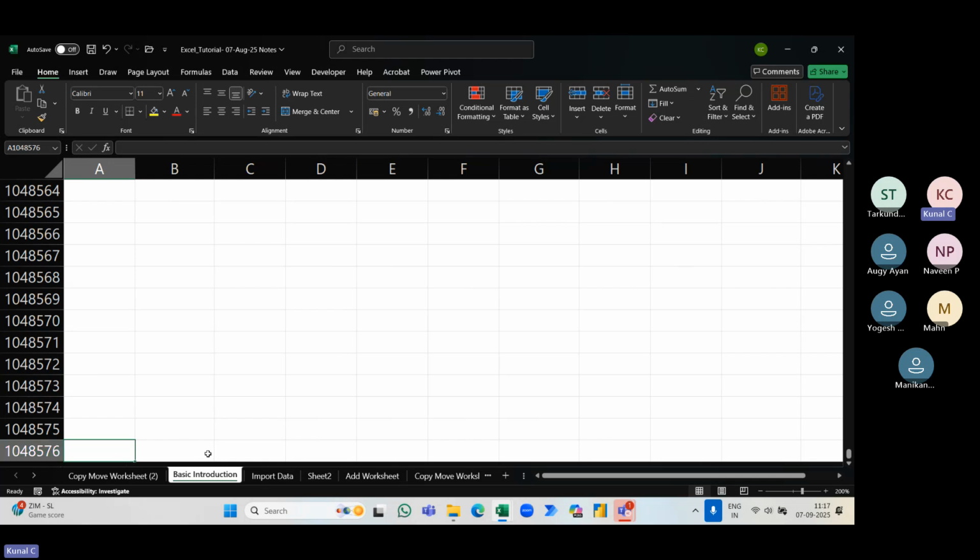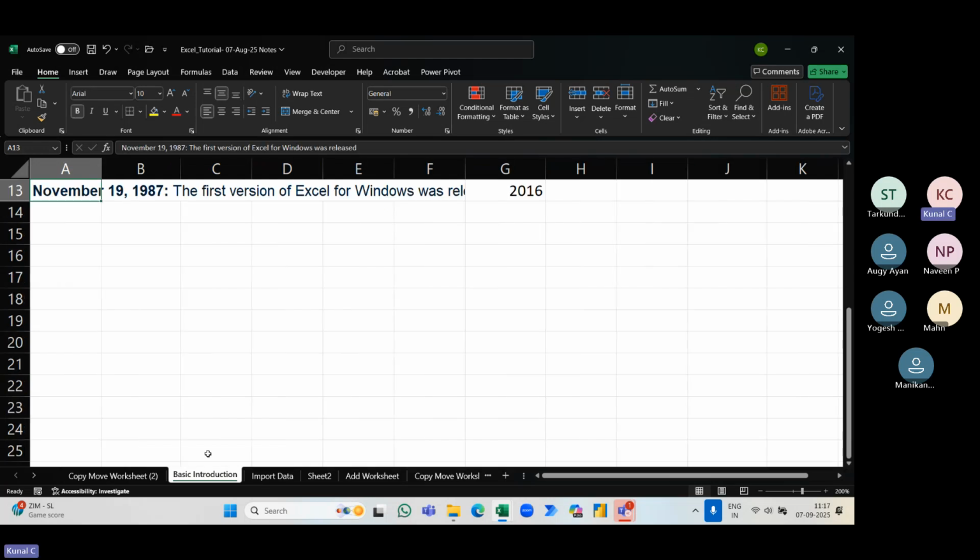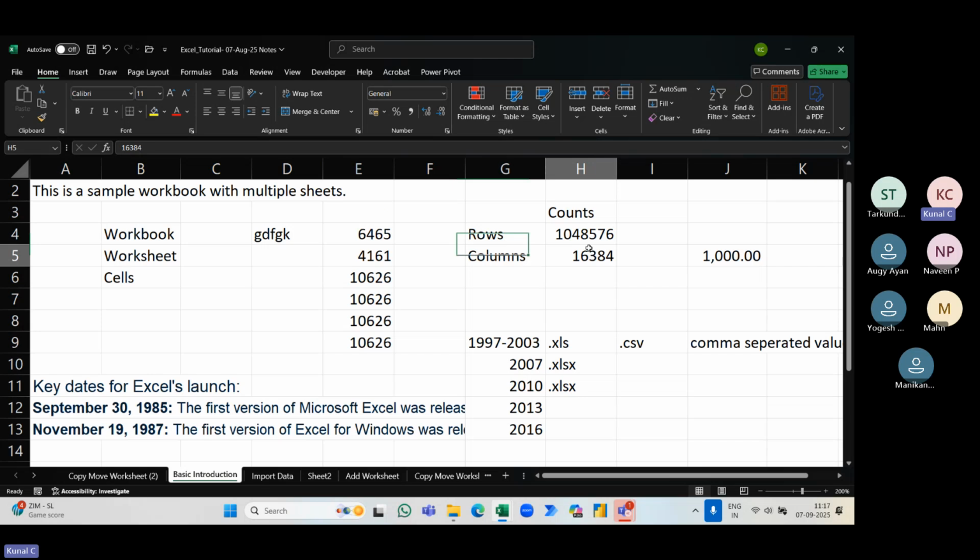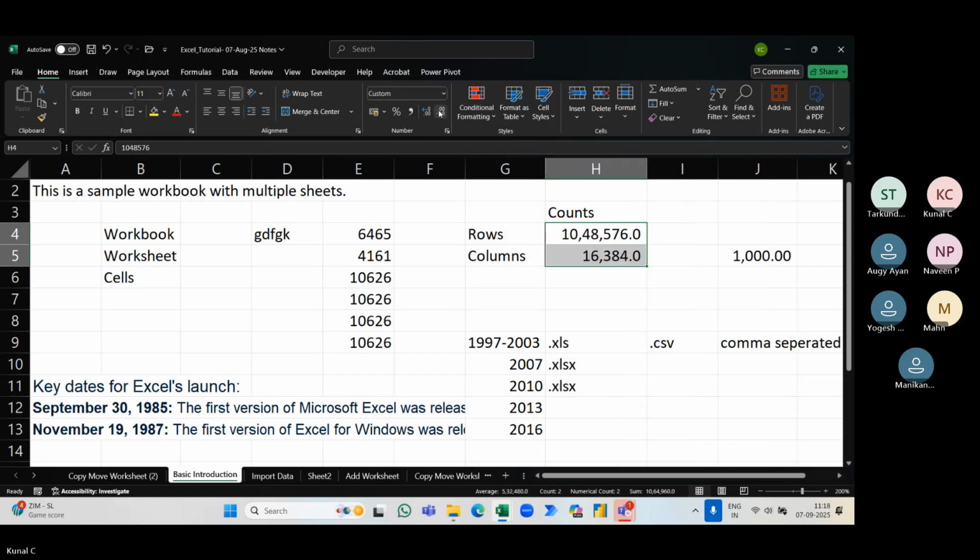10,48,576. That's your last row for Excel. So till here, these many rows are available to you in every worksheet, right? So that's the count for you. Let me put the comma so that the number is clear: 10 lakh rows and 16,000 columns available for you every time. Okay. Now,